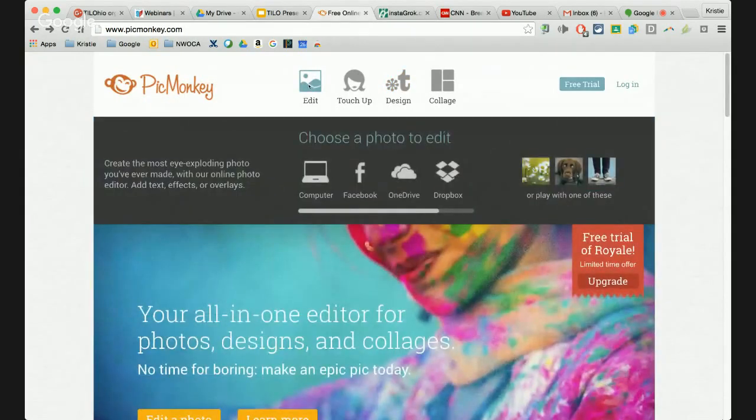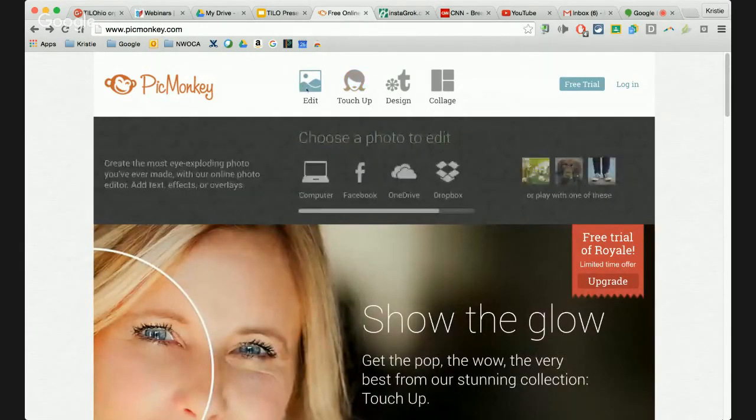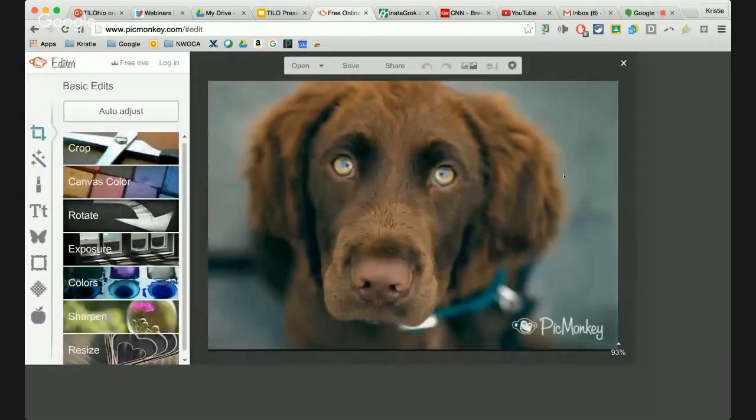Now, right now, again, like I said, I am an educational technologist over at NWOCA. Previously, I was a 3rd grade teacher, and I really like this app because what this app allows me to do, I'm just going to click on this little dog here. I'm going to click on edit, and I'll click on this little dog here. I think that if I was doing basic editing for elementary school, and I mean even high school, this is a great tool to use. It's not very sophisticated like Photoshop or some of the other really involved ones. This is a real simple one that I can go ahead and crop. I can change the color. I can resize. I can sharpen it.